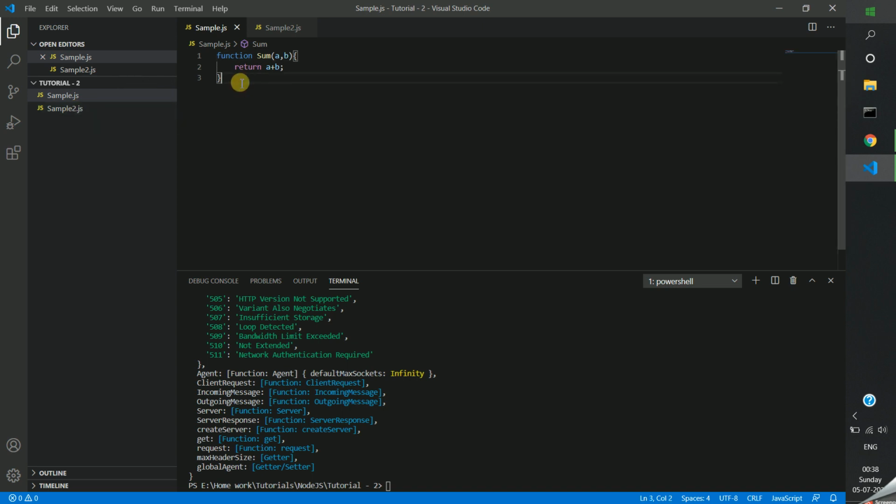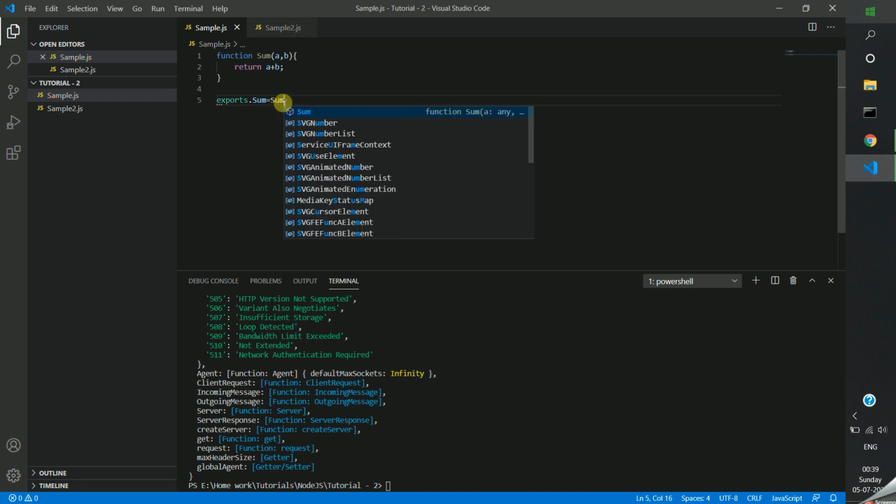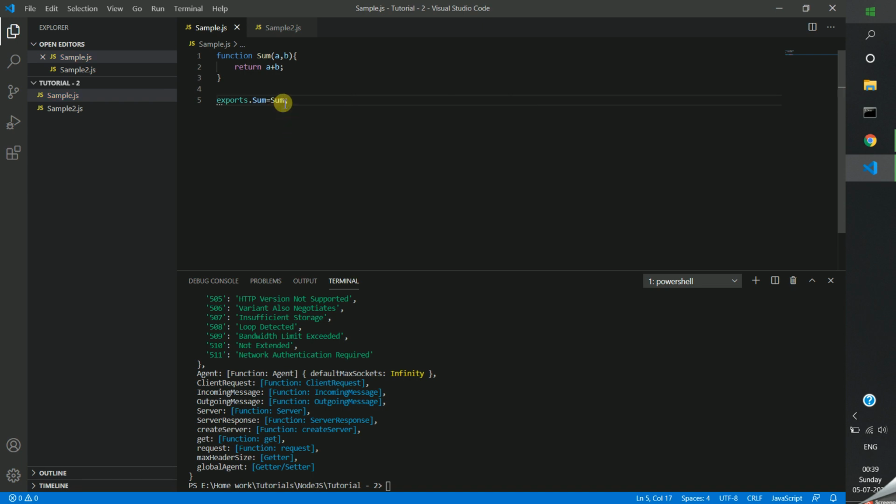For accessing this, you have to assign it like this with exports. This is an object to export it. For exports dot, whatever name you are going to give for exporting this function, I am keeping the same name, sum, and just assigning this function.